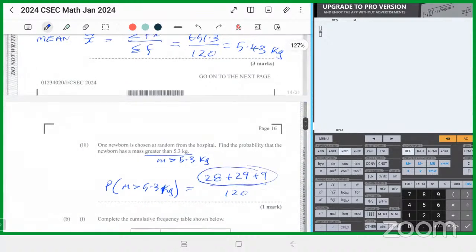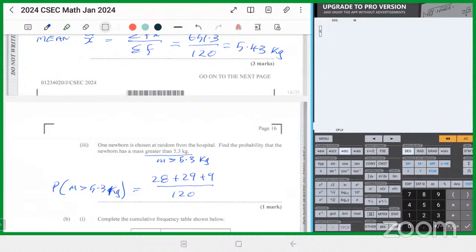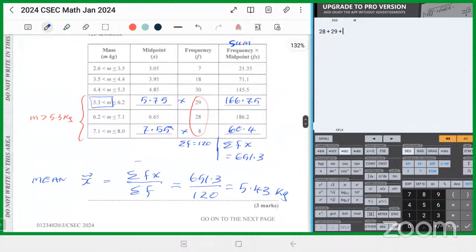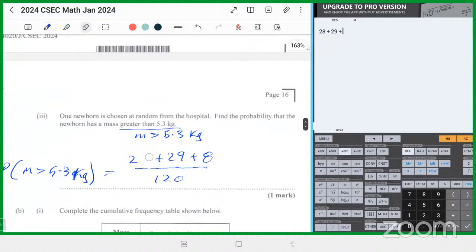Maybe I do need to show that figure, because I want to give the answer as a fraction. So let me see what it is first. It's 28 plus 29 plus, it was 9 or 8. The last figure was actually 8. So 29, 28, and 8. What is that? 29 plus 28 plus 8 becomes 65